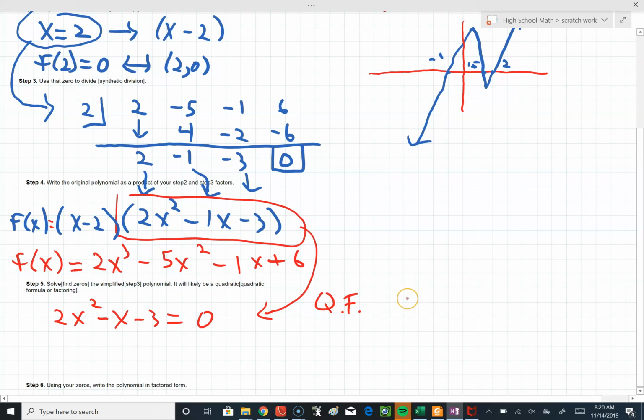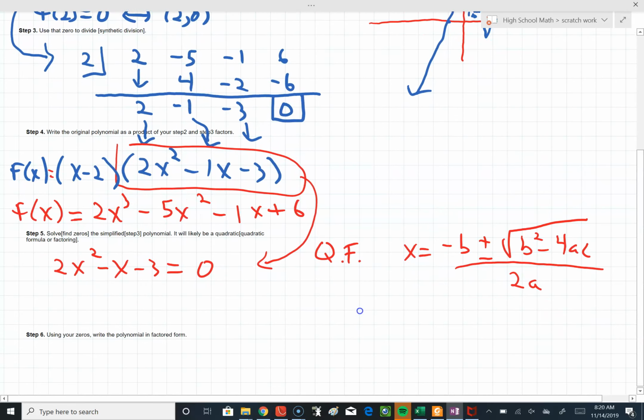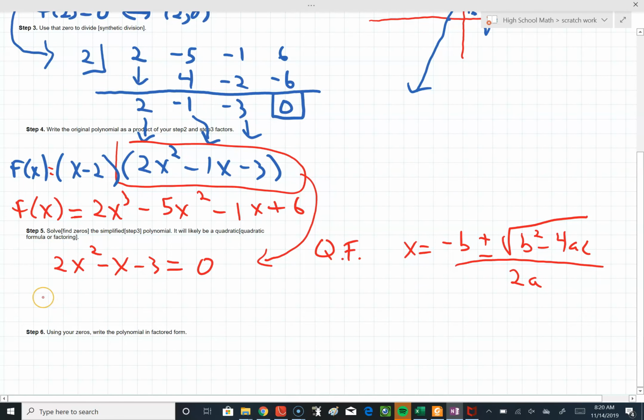is x equals negative b plus or minus the square root of b squared minus 4ac, all over 2a. I'm recording this for a video so y'all can look at it later on if you need to. Here a, b, and c are from the form ax squared plus bx plus c equals 0. So in our particular case,